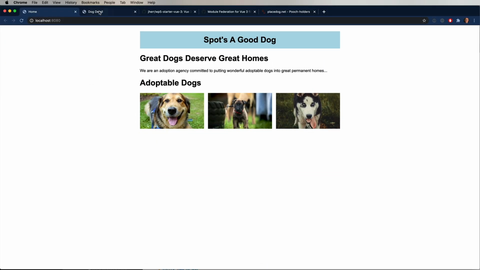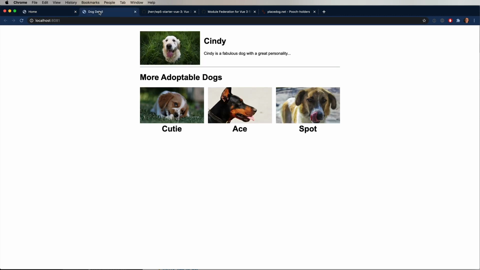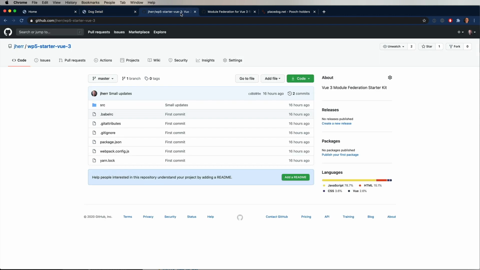So this is the first of the two apps that we're going to create for this. This is the home page for our dog adoption site. And this is the dog detail page. You go to this page after clicking on an adoptable dog. And this is my Webpack 5 Vue 3 Module Federation Starter Kit. You can use Vue 2 or Vue 3 for this, but I'm just going to use Vue 3